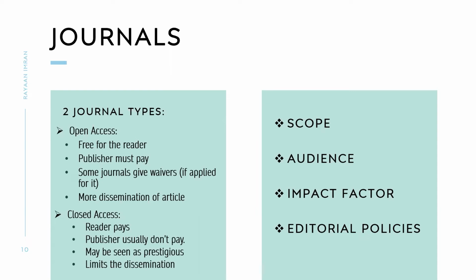And the publisher, like if I published an article over there, let's say I am publishing my global disaster paper in a closed access journal, I do not have to pay any money, and you as a reader would have to pay for a subscription. In a way it is seen as unique and prestigious, it is given to high rank, high impact factor journals. I have written impact factor on the right, I'm going to talk about that. And again the limit is that it will not be as publicly available.